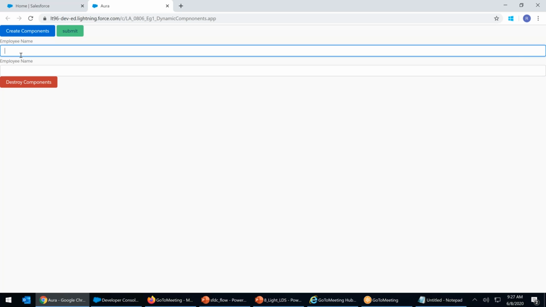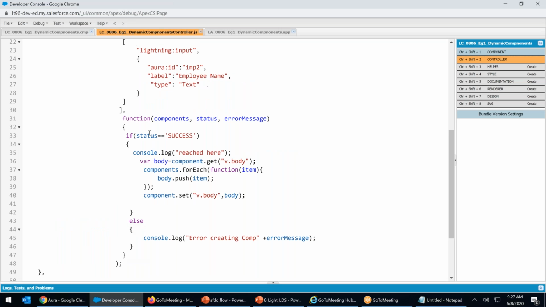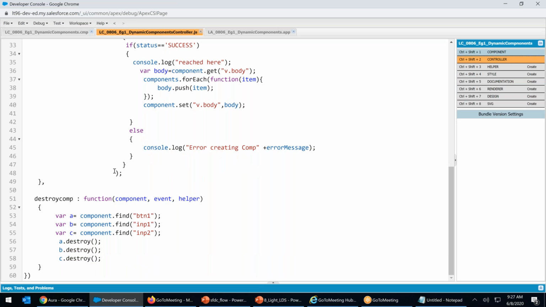Remember this component. We are creating it, right? We get two buttons. Create component. Immediately a component gets created. Destroy. Gone. Create, destroy. To remove a component from the page, we use what? Destroy component. You can put it wherever you want. After your work is over, right after the calculation is over, you can just say a.destroy. You can copy this code anywhere, wherever it's calling, it will destroy the component.